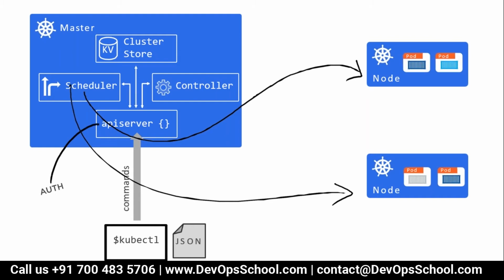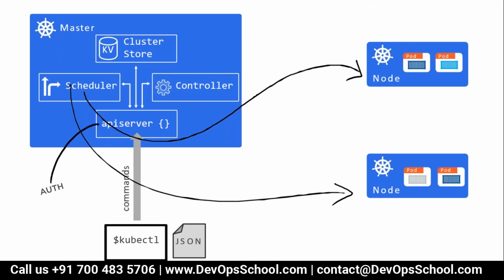Now the time has come to focus on the last component, which is the workstation. Downside, you can see that in the workstation I have one utility, one tool, and the name of the tool is kubectl. That's a tool I need to install, so of course I will install it. That's not a problem. But the most important thing is I need to write one deployment package, and that deployment package has to be JSON or YAML.